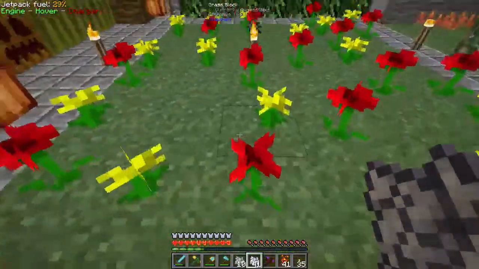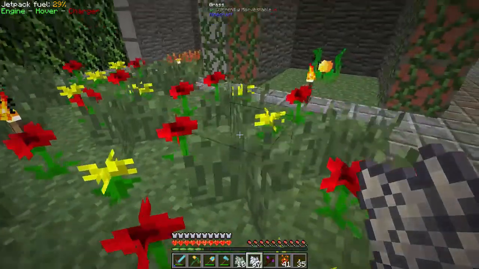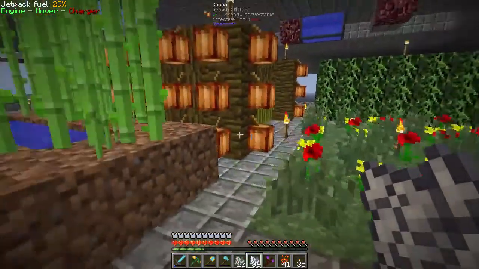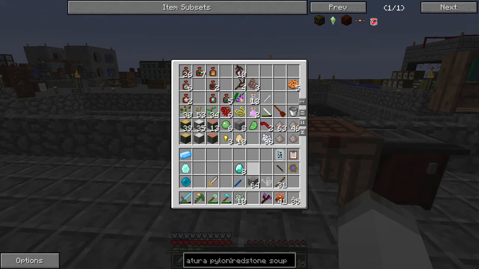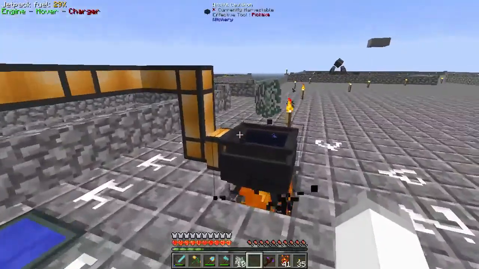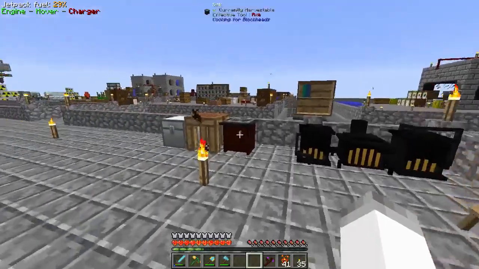We can come down here to this grass and bone meal the grass. And that'll give us a little bit more altar power. It should anyways. And other than that, we can use like mushrooms and stuff like that. But we should be well over 7,000. Yes, perfect. So we have a bunch of Mutandis. Let's get some more